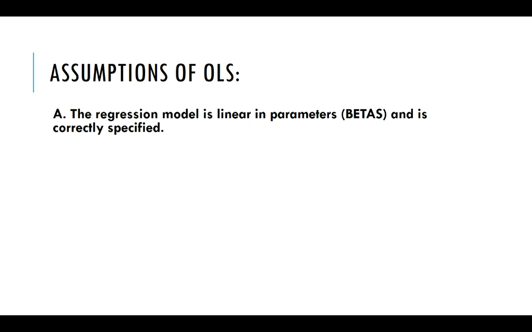Now the second part says that the regression model is correctly specified. Well, what does that mean? Correctly specified means it has all of the right variables in it. It doesn't have any irrelevant variables, right? We don't want to throw in things that don't matter. Now, that doesn't mean they're statistically insignificant, but I'm saying things that just don't make any sense to put